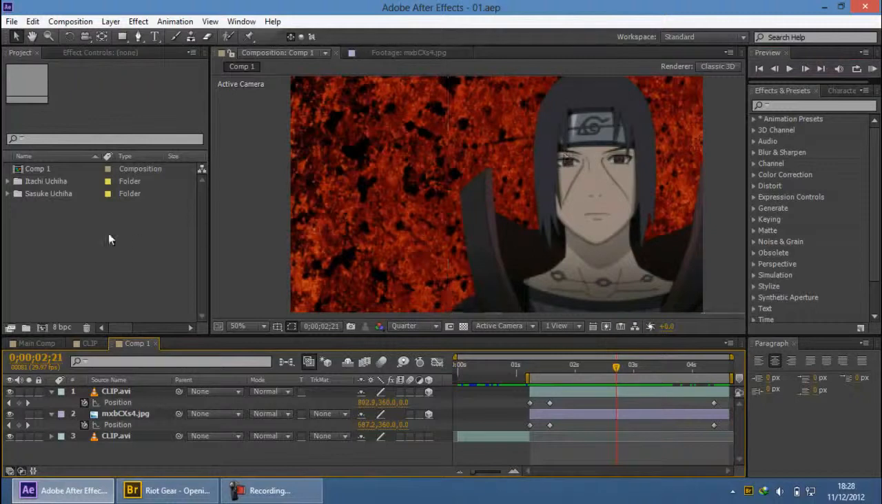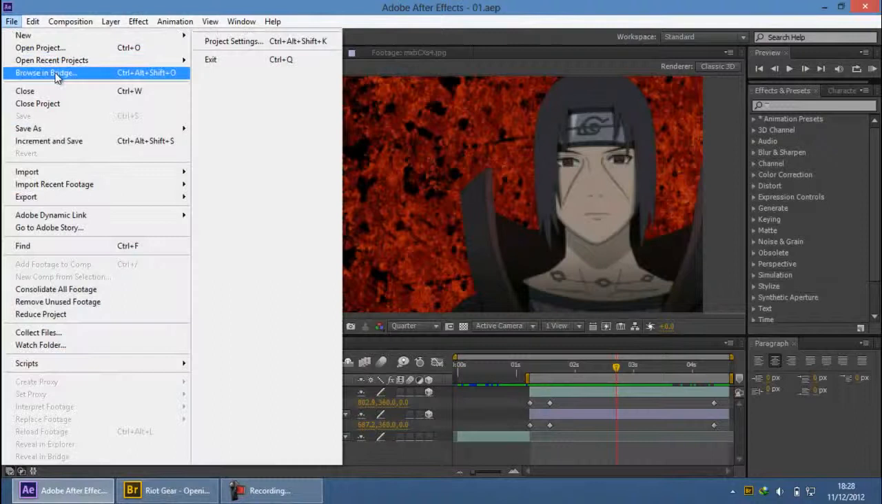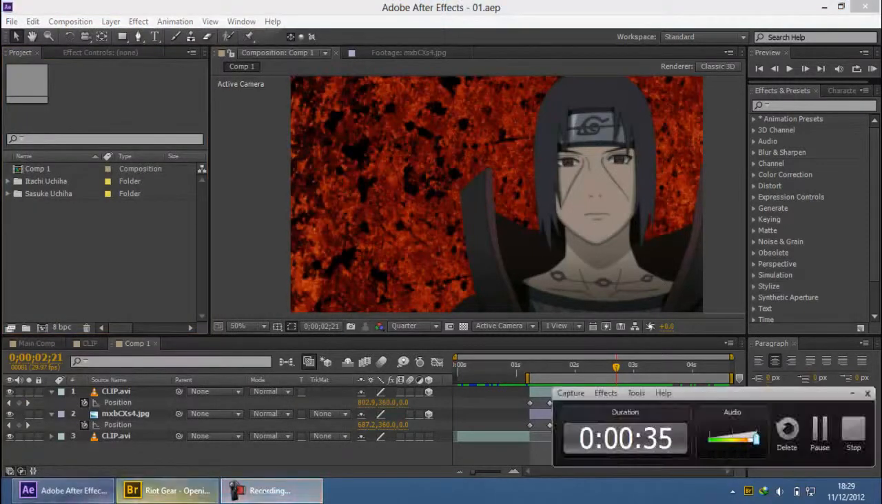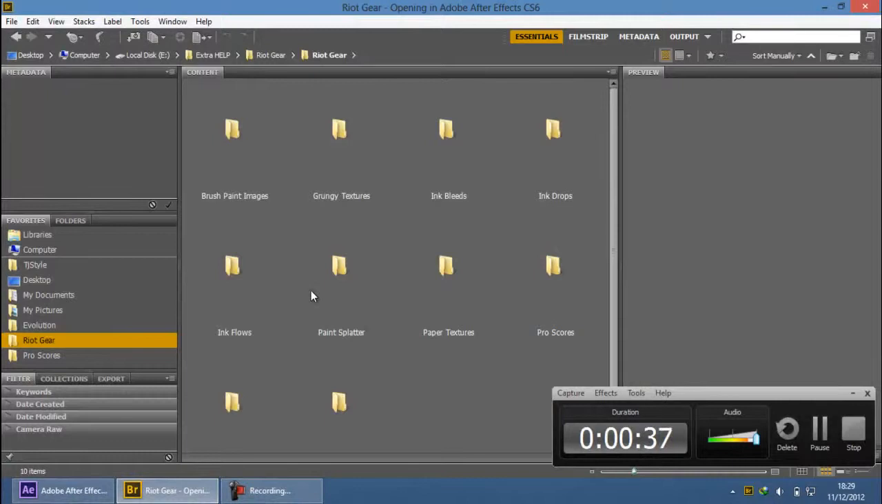and to the character. Now we will go to Bridge, and if you don't have Bridge you can go to File and Browse in Bridge or use the keyboard shortcut. I like this keyboard shortcut, so I try to use it, but it depends on you what you want to do. Once you are over here, you would want to go to your Right Gear folder and then